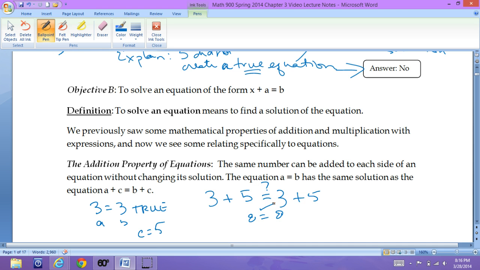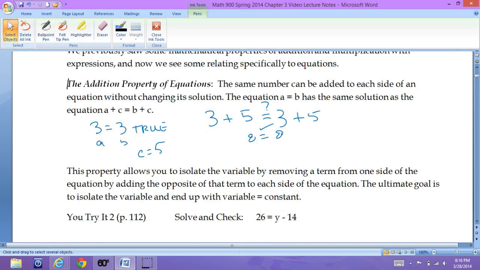That's a true equation. So what this is saying is that if you have two things, and this is a simple integer example, but when you're dealing with rational expressions, it's a little bit different. When you add the same exact thing to both sides of an equal sign, it's not going to change the solution. So 3 equals 3 was a true answer, and now 8 equals 8 is also true. So it doesn't automatically change it to a false